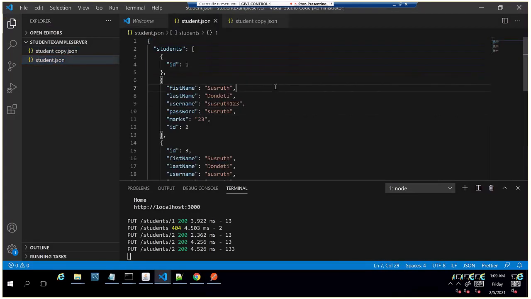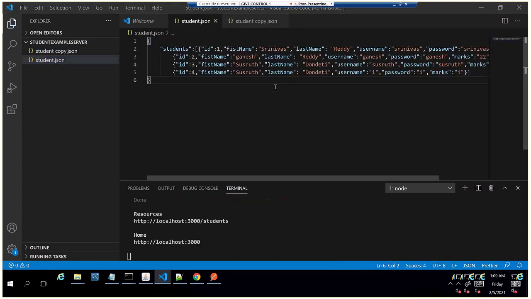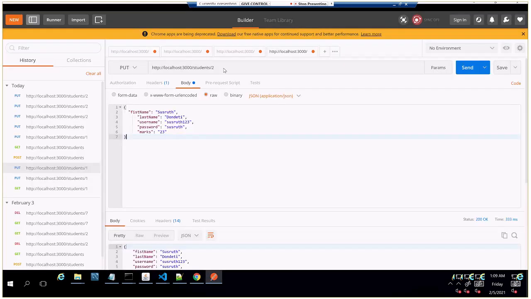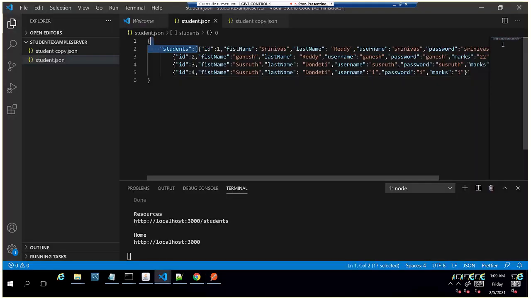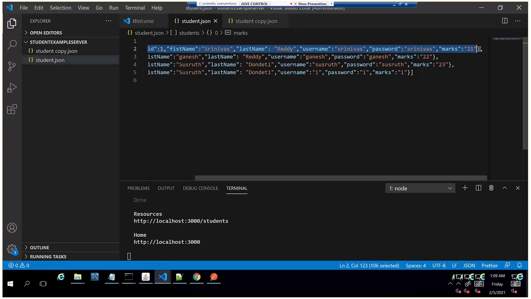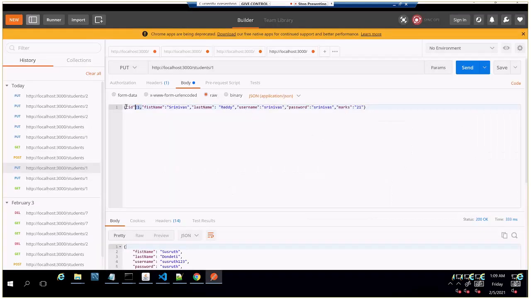Now I'm going to add this code here for one record. For the first one, I'm going to add this code and update only the username.